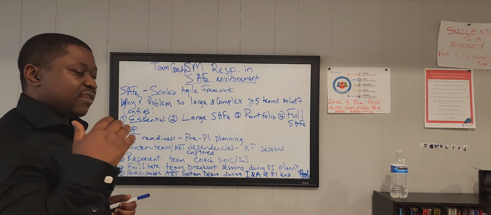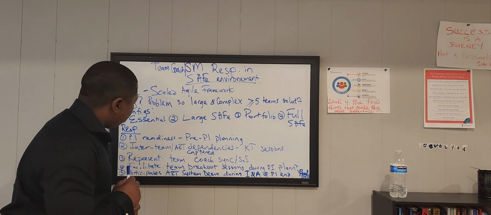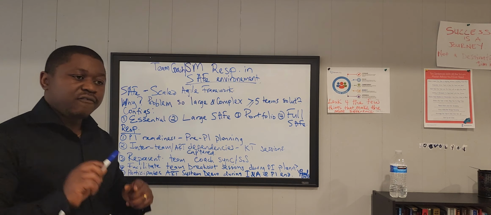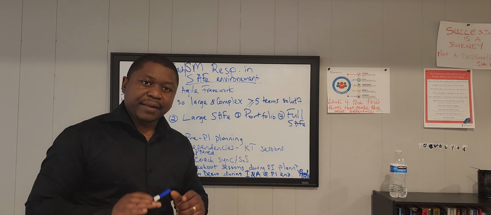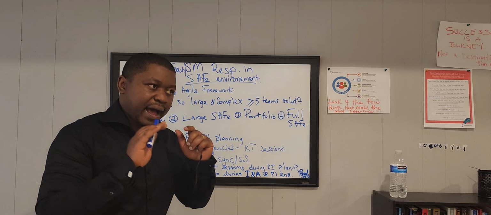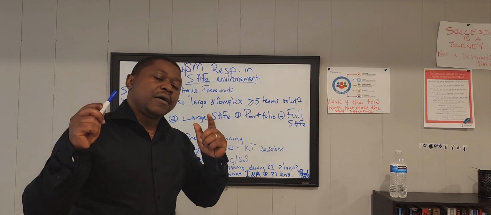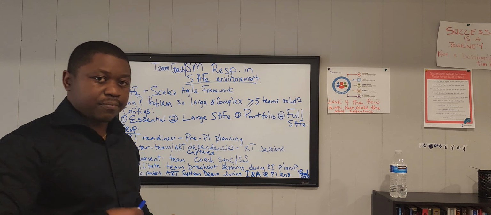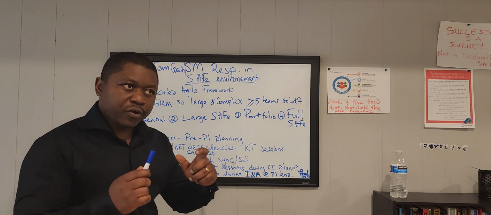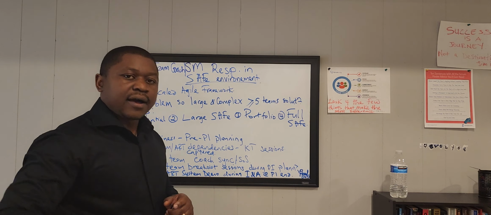So as a SAFe Scrum Master, I was very responsible for making sure that my teams are very ready for PI planning. So I always ensure I have a session which I usually call pre-PI planning, especially with my product owner, to make sure that we have stories in our backlog that can span for the next 3 iterations.